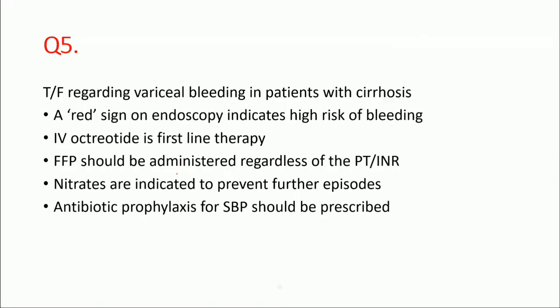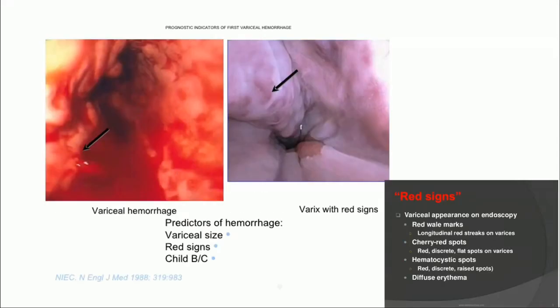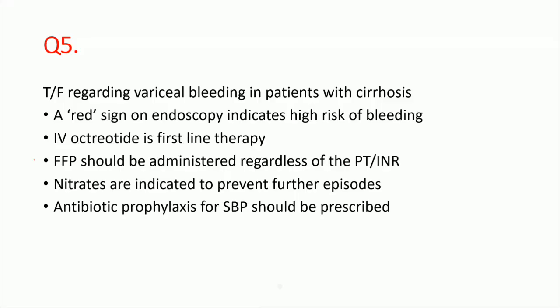Now, question number 5 is based on variceal bleeding. Red signs: when you do an endoscopy, the presence of these signs predicts the risk of bleeding in a varix. So that is true. If somebody develops variceal bleeding, and somebody asked about propranolol, when they're on a beta